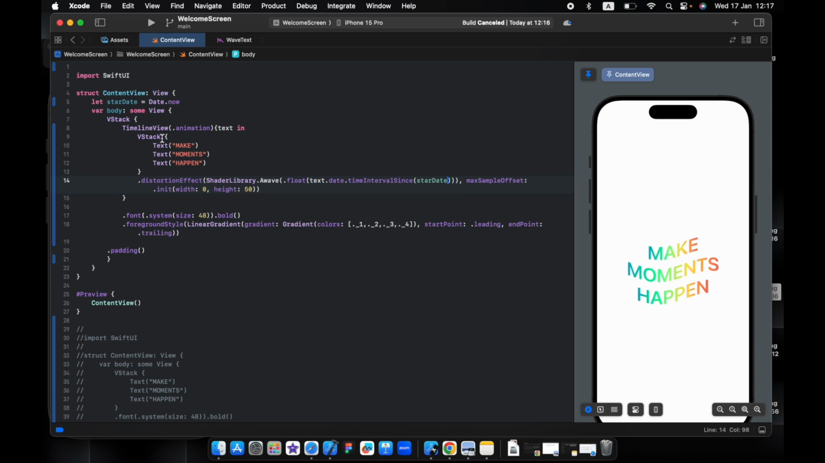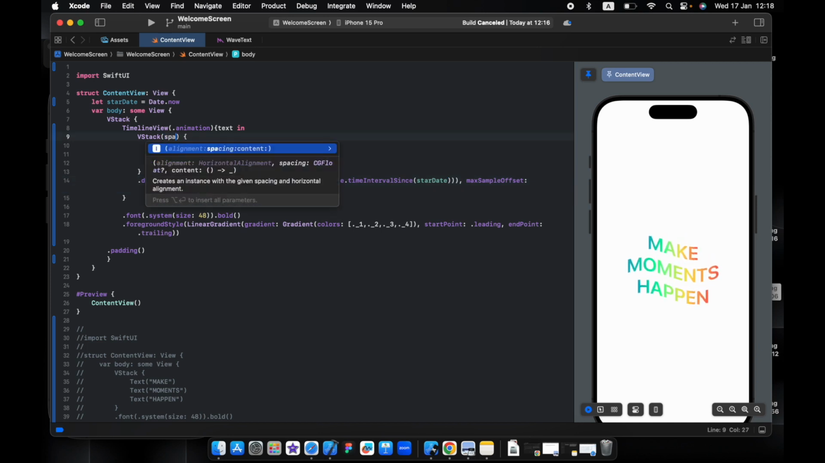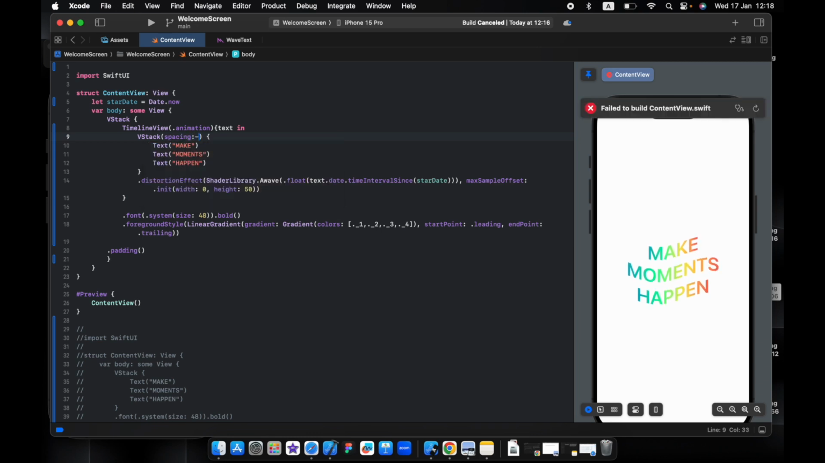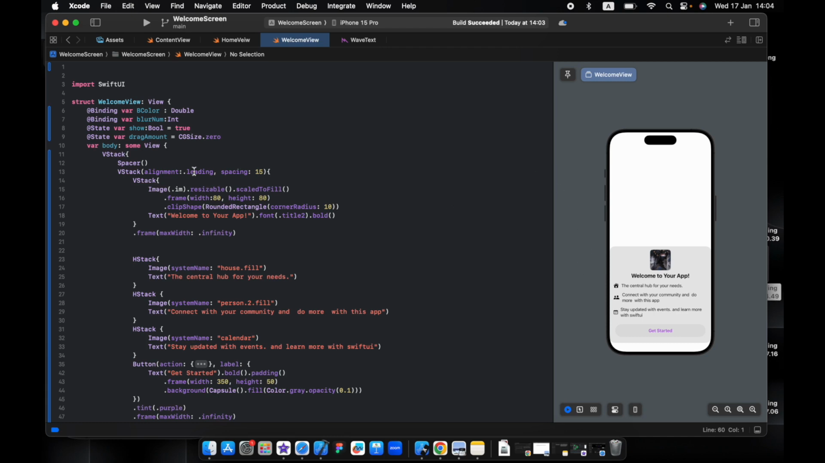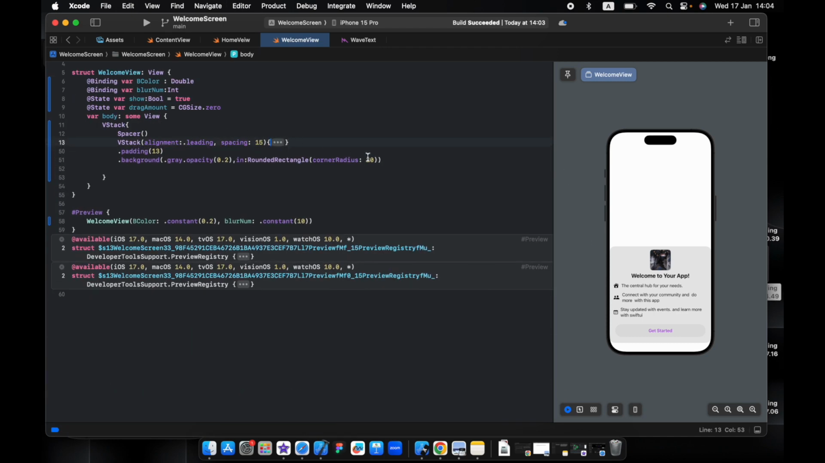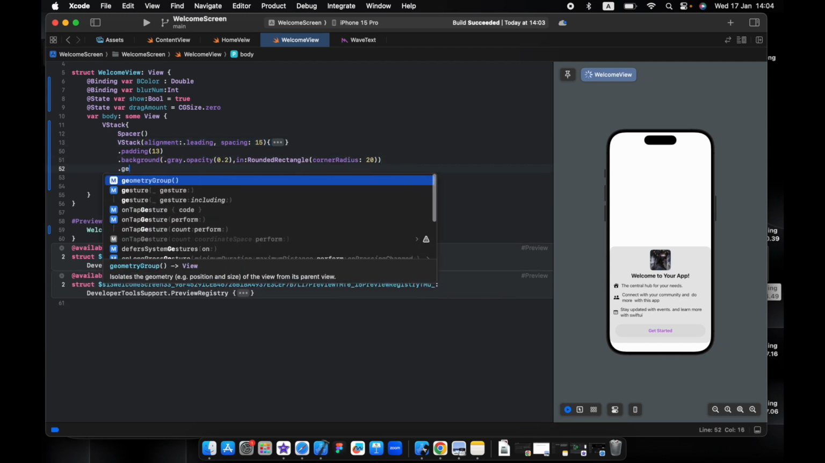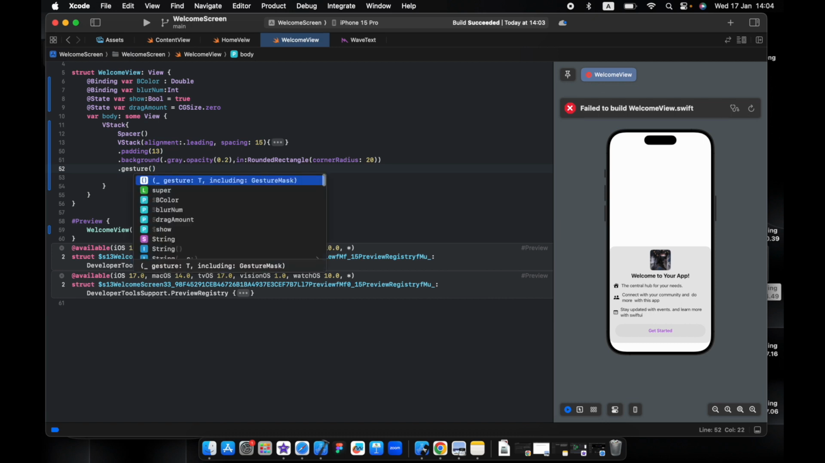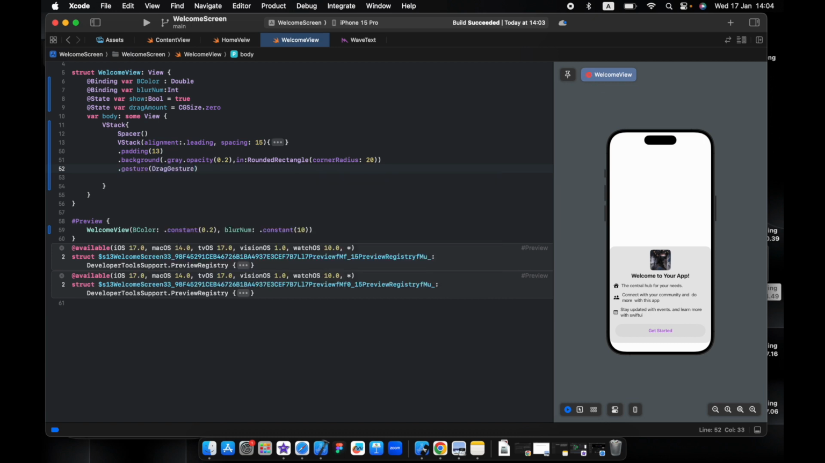I want the spacing will be -10. Now it's much better. I have already to create the welcome view, so I will just close this and add the gesture, DragGesture,